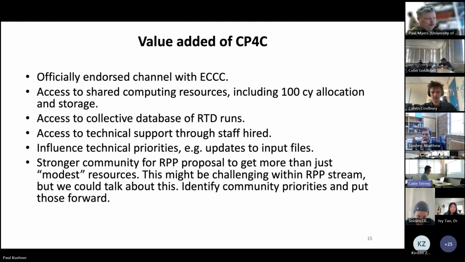If we have a large community and we start to approach the size of other collaborations that are represented in DRAC, such as the CHIME collaboration and other consortia, I think we'll have more leverage and clout in the system. And I think that's a very good thing. Geoscience is not very well represented in HPC, and I think we can do a lot better. So this is kind of a bigger picture goal.